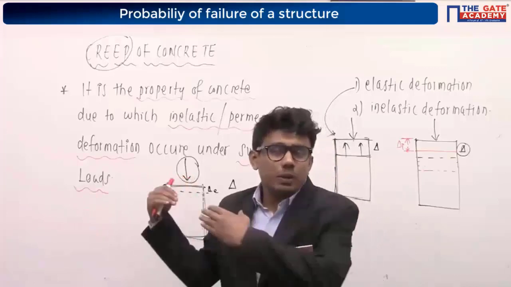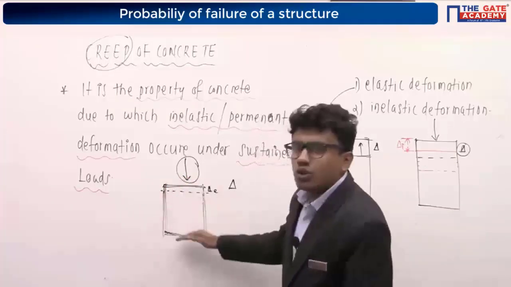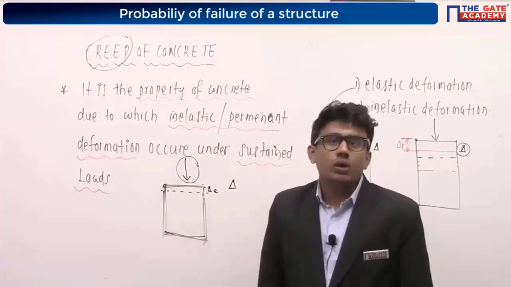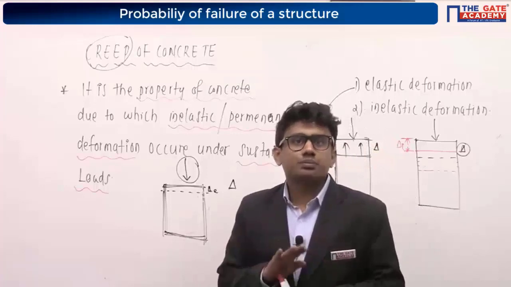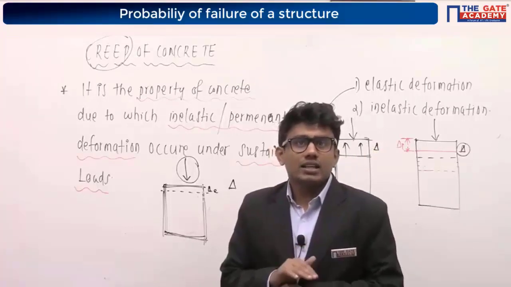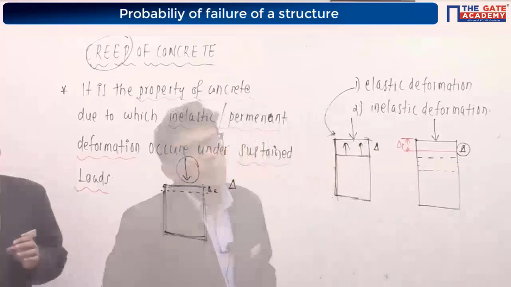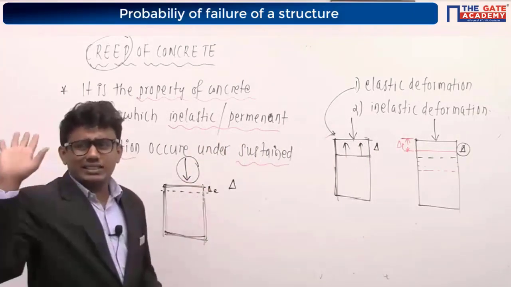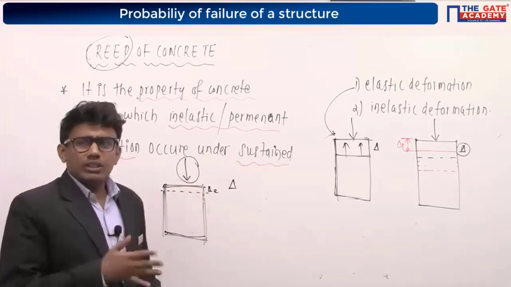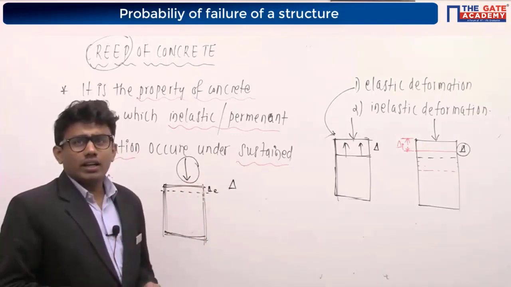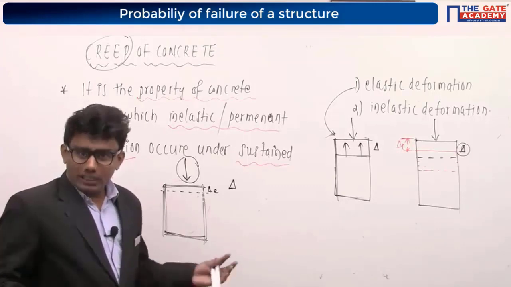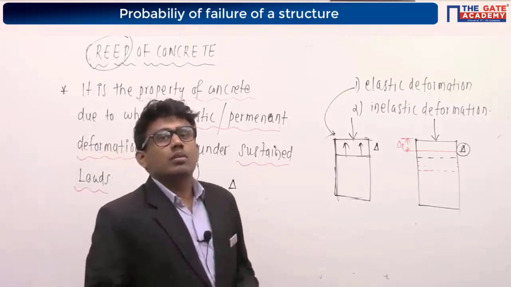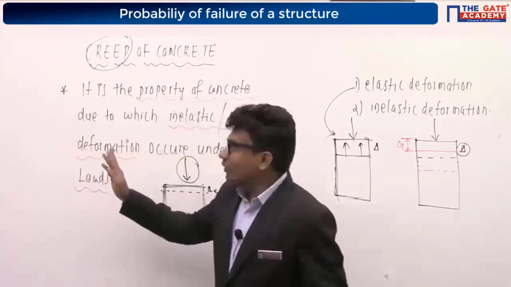When the concrete is subject to this permanent load for a very long time, there will be deformation in it. That deformation is termed creep of concrete. Are you getting this? Yes. Please note it down. Satish, don't forget about those figures. Just understand it. Forget about the figures. You can denote it with delta C, delta I, delta P, whatever you want. No issues. That's more than enough. We are not interested in this definition also, but you have to remember this.